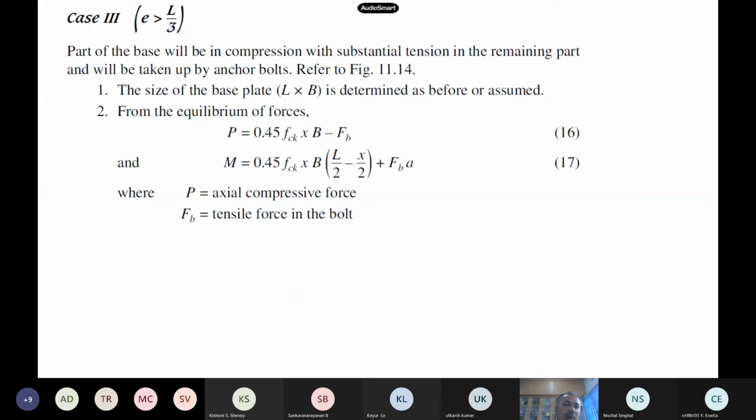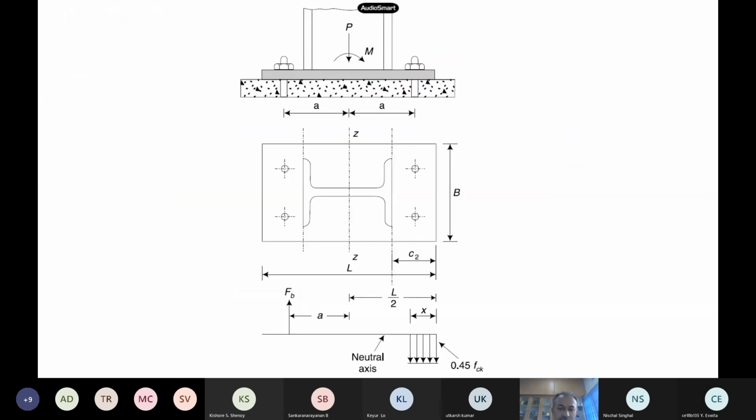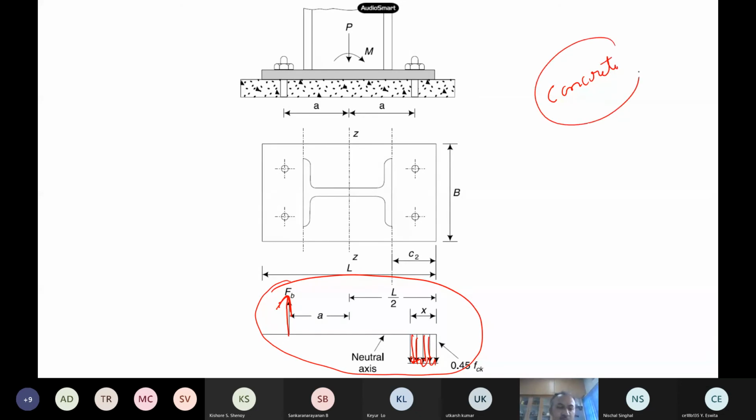Now if the plate is under substantial tension, what happens? So this is a plate, full compression is only on this side. You have a small compression, but the majority is the tensile force. What is the problem with concrete in tension? Concrete is weak in compression or tension? Tension. So tensile forces are no issue for steel, but for concrete you have a serious problem. Okay, so a small area is under compression, but the major area is under tension.